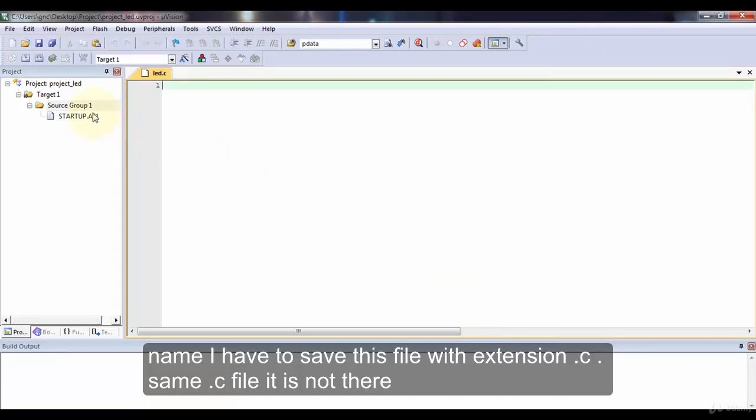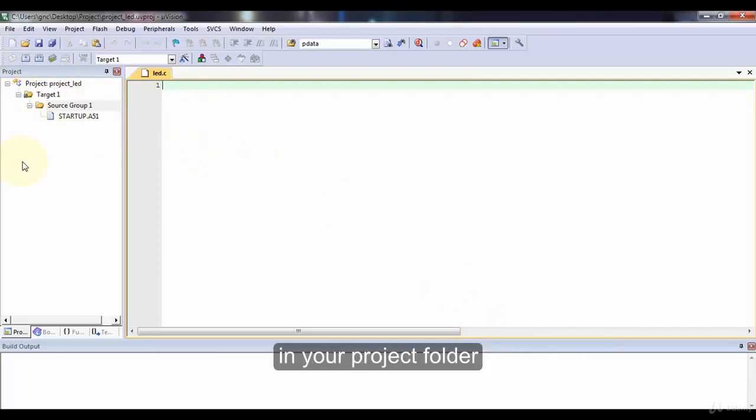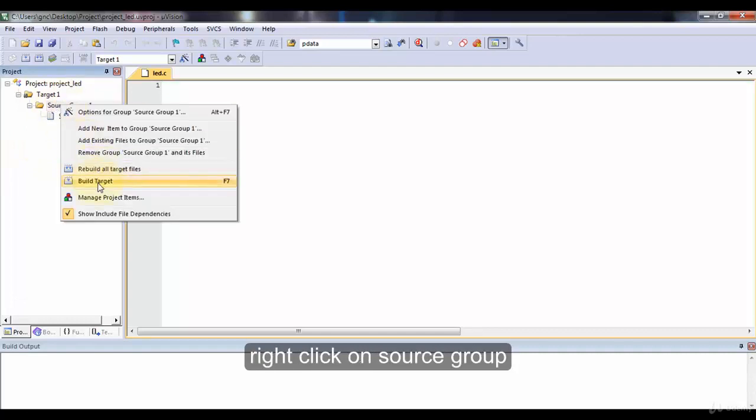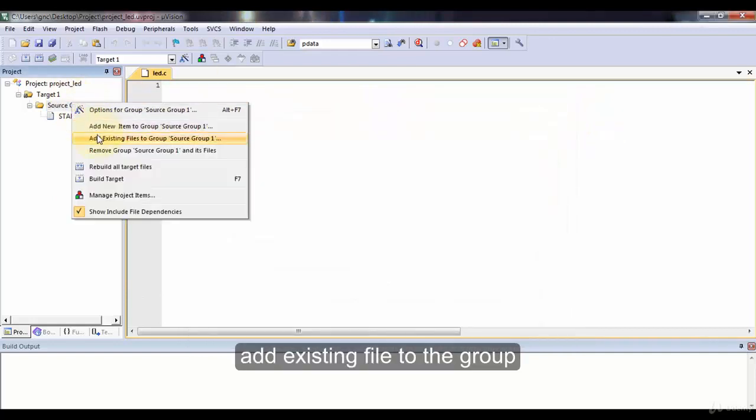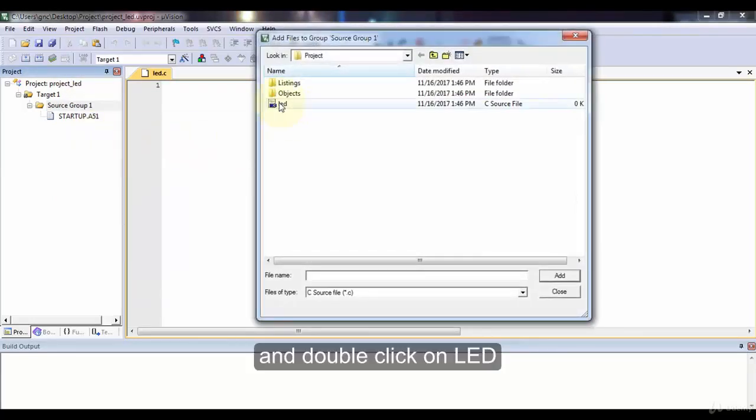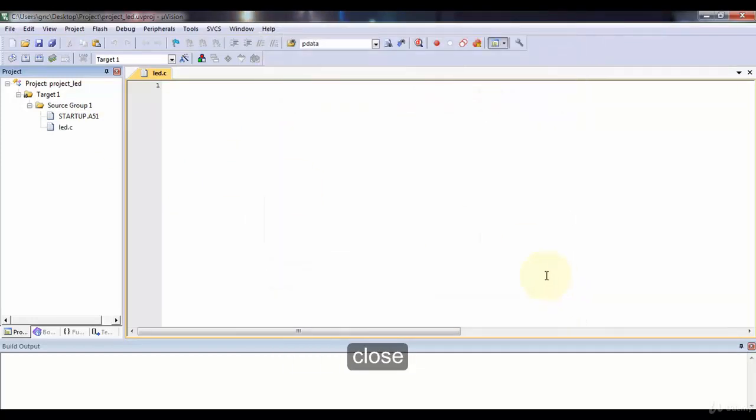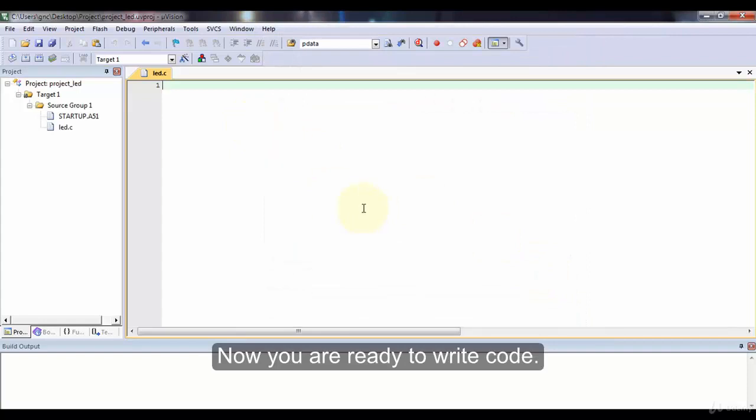The same .c file is not there in your project folder, so you have to add it. So right click on source group, add existing files to group, and double click on LED. So the file gets added, and then close. So now you are ready to write the code.